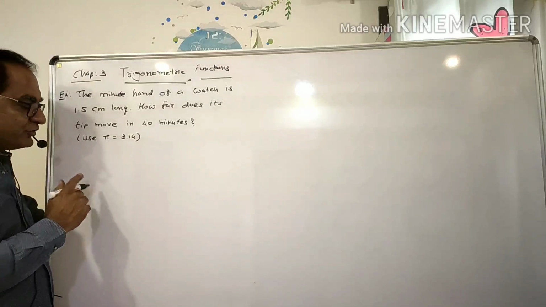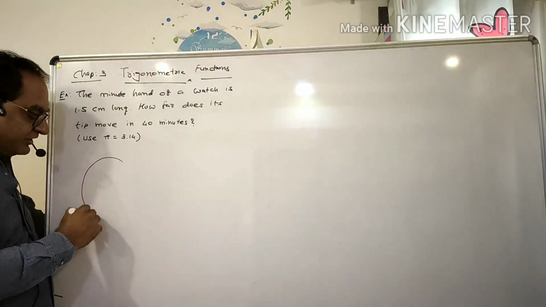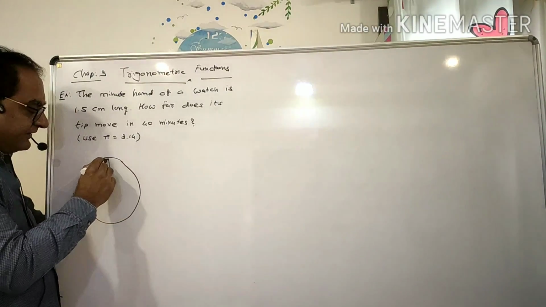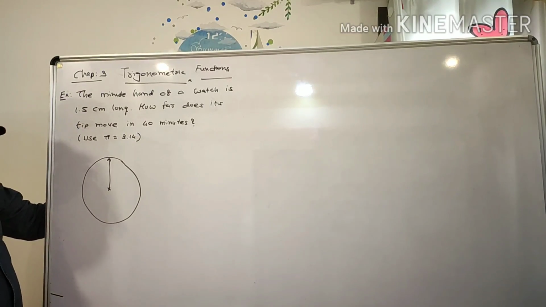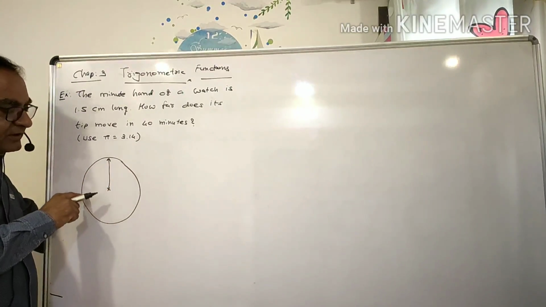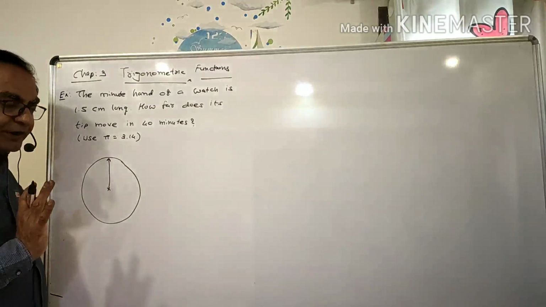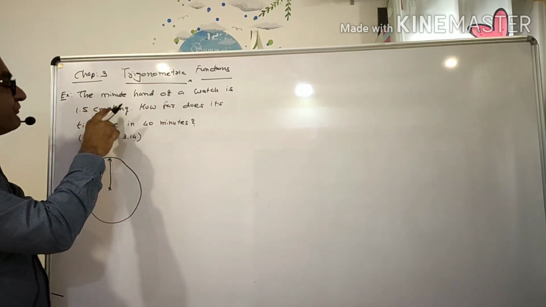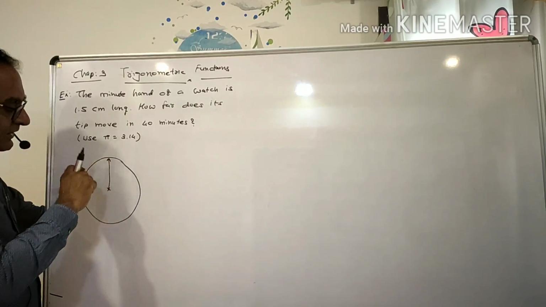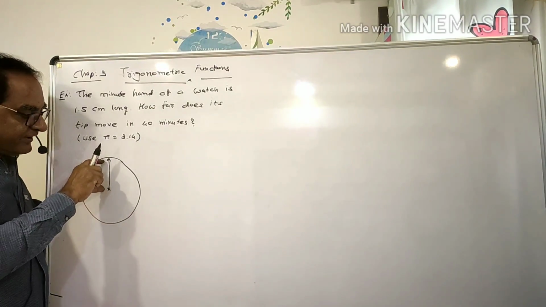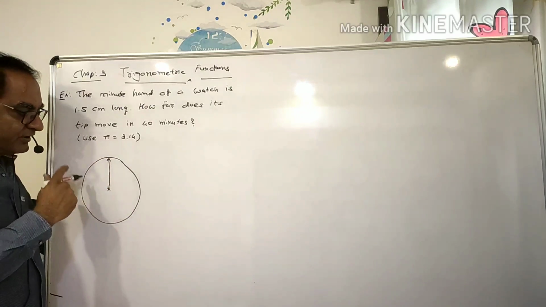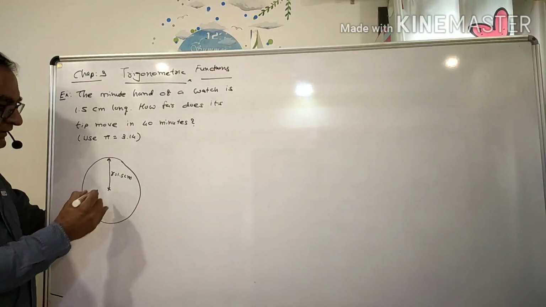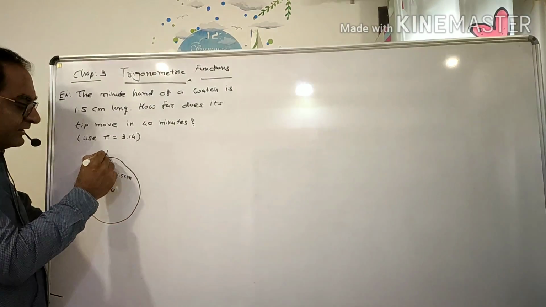A watch is in a circular motion. So just we will draw a watch here. Let us say a minute hand is here. It will have one complete revolution in 60 minutes, that we know for the minute hand. Here information they have given. The minute hand of the watch is 1.5 centimeter. That means it's the length of the hand. Here this length of the minute hand is nothing but the radius of a circle. So here R is equals to 1.5 centimeter. Let us just have names here, O and A.